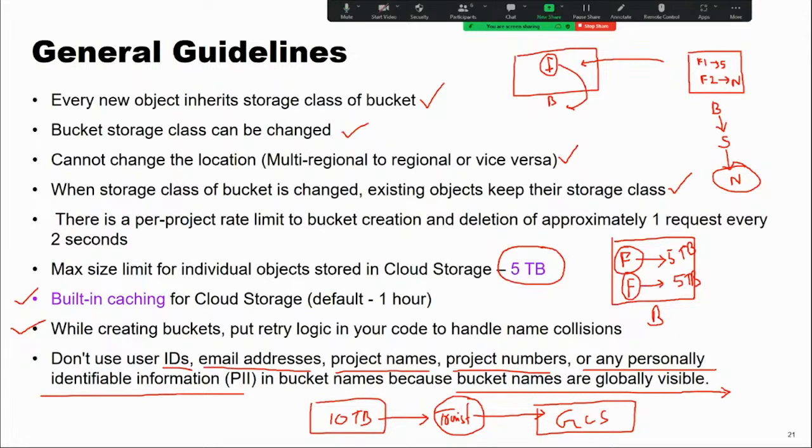Any other questions, guys? Okay, there is no limit for data to transfer. There's no limit. We can store any amount of data. Yes. Because we have come to a technology right now where almost all the limitations have been removed.